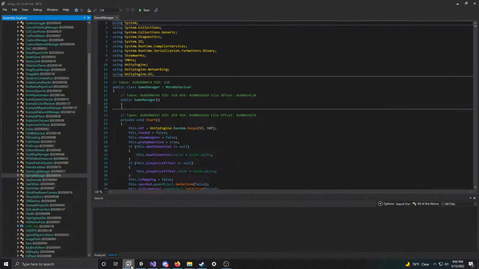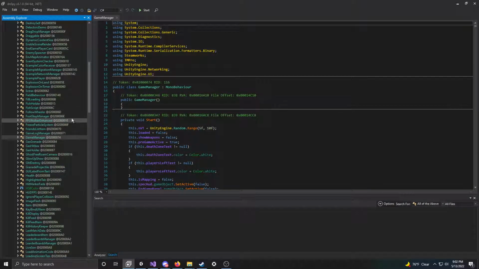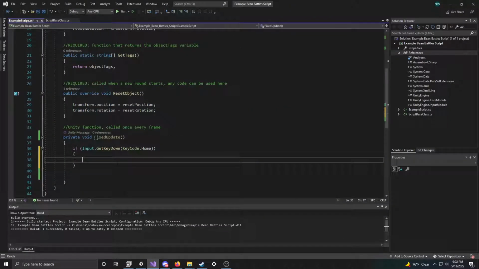I'm going to do, let's see. We need to find some of the stuff we're looking for in dnSpy. EnemySpawner. This is the weapon spawning class in Bean Battles. So I'm going to do enemySpawner